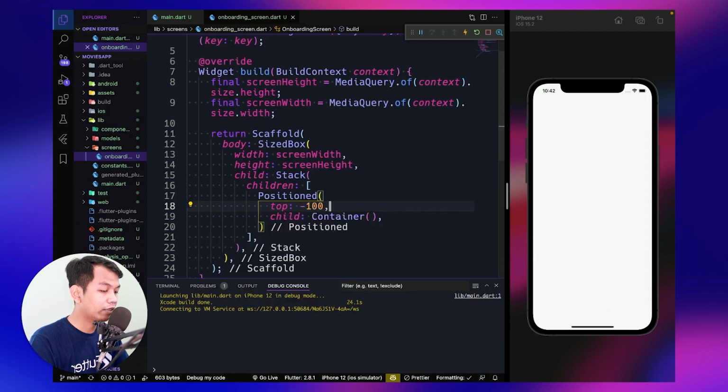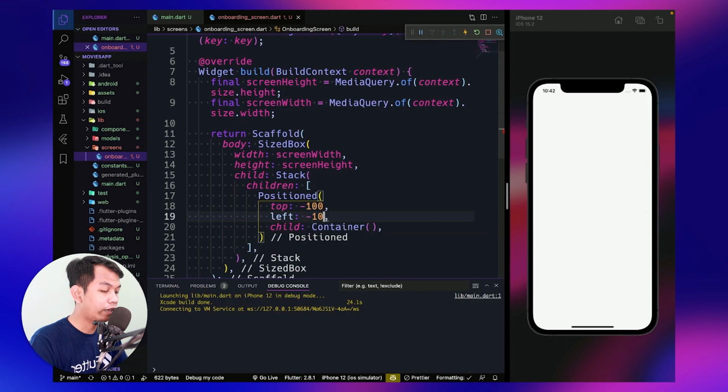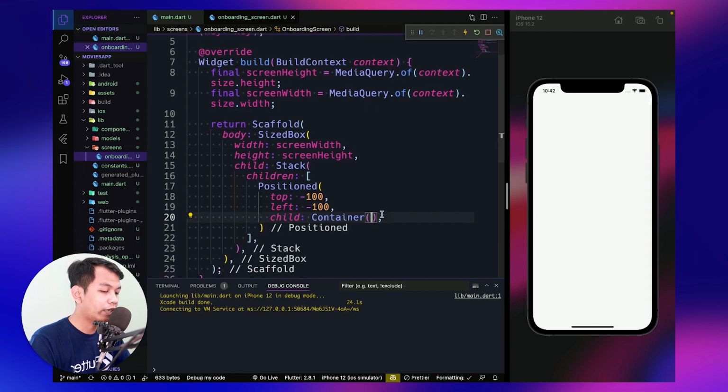For now, let's make it -100, and for the left -100. It's kind of like a negative margin when we use HTML and CSS, but Flutter doesn't support negative margin, so we use a stack widget with the positioned widget.